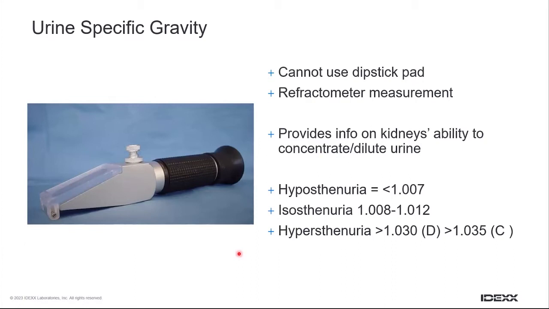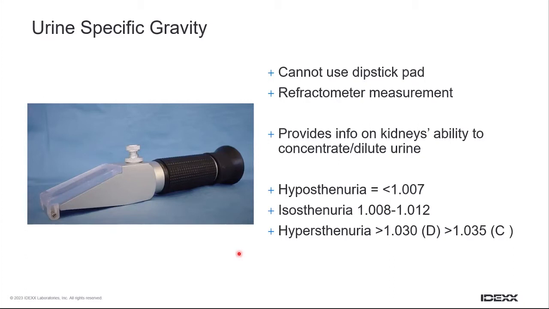The urine-specific gravity provides us with evidence of the kidney's ability to concentrate or dilute the urine. So, for example, if urine is very concentrated, it means the kidneys are working well. And if the urine is very dilute, it means probably the animal has some form of excessive intake of water. Although remember that there is no such thing really as normal urine-specific gravity. The urine-specific gravity can vary dramatically throughout the course of the day, depending on the animal's state of hydration. So I don't like it when we discuss normal specific gravity. That doesn't really exist. But for the purposes of moving forward here today, we're going to just mention that